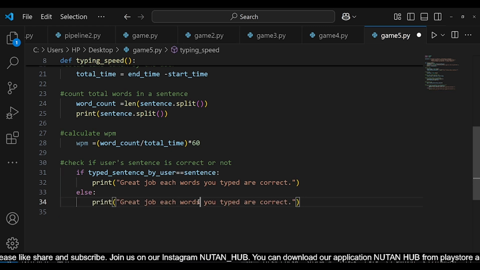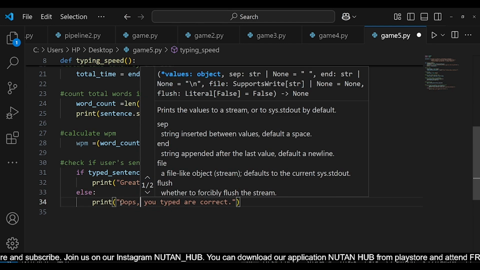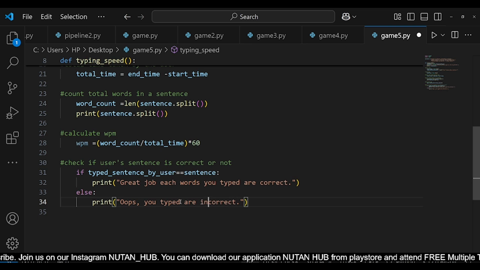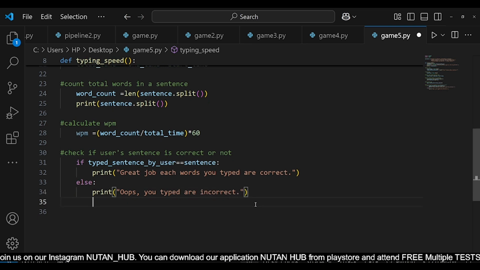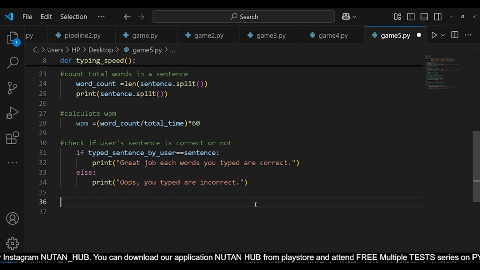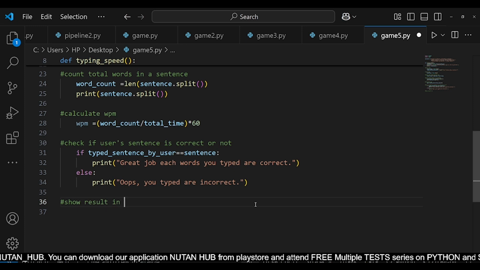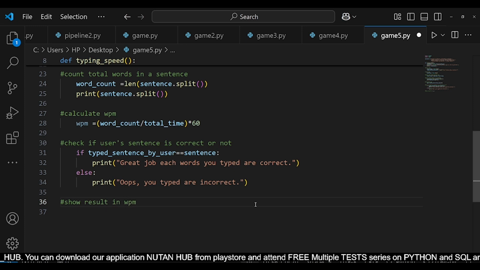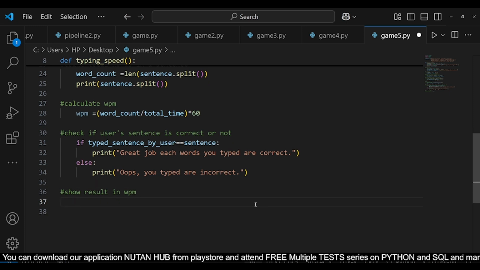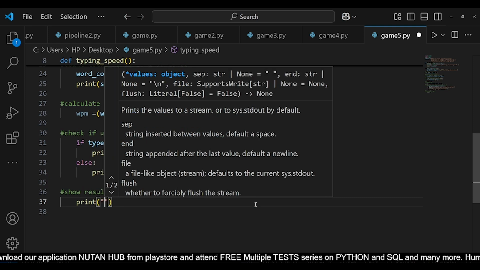oops, you typed incorrect. Okay, clear? Very good. Now I want to display the result in WPM. So for that purpose I have to write print, of course, and I have